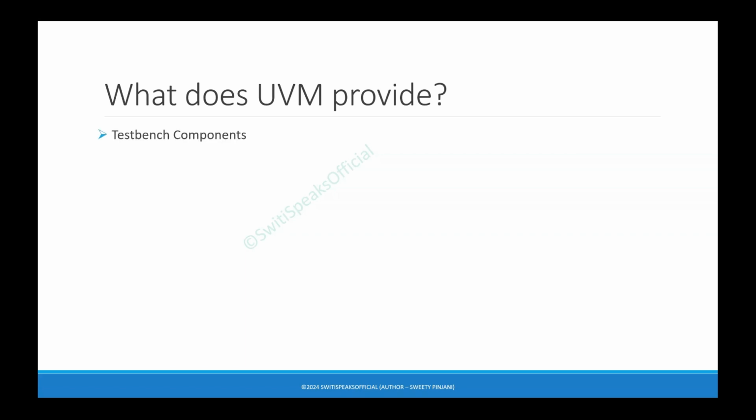The first thing UVM provides you is test bench components. What can be these different test bench components? I gave you an example: driver, monitor, sequencer. Now, these are some classes. UVM will provide you a class UVM driver, UVM sequencer, UVM scoreboard. So these base classes are already provided by UVM. You can extend your components, like your driver, from UVM driver and you will get the basic functionality or skeleton required for a UVM driver. You will get it when you extend your class from UVM driver.